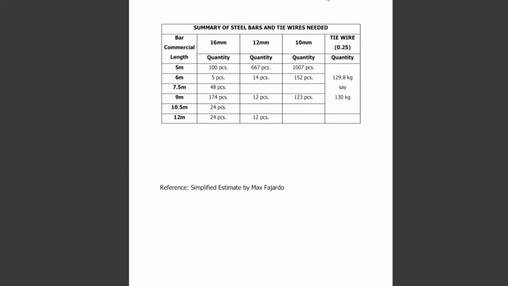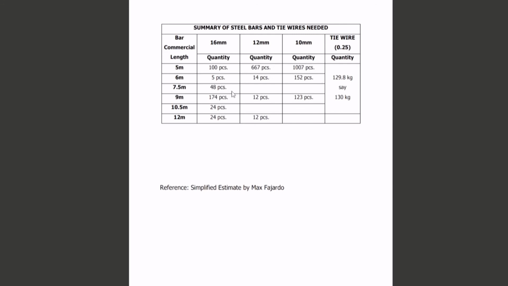So, in total, ito yung nakuwenta natin. Kakailanganin natin ng 100 pieces of 16mm 5m bars, 667 pieces of 12mm 5m bars, 1,007 pieces of 10mm 5m bars. Tapos 5 pieces of 16mm 6m bars, 14 pieces of 12mm 6m bars, 152 pieces of 10mm 6m bars,